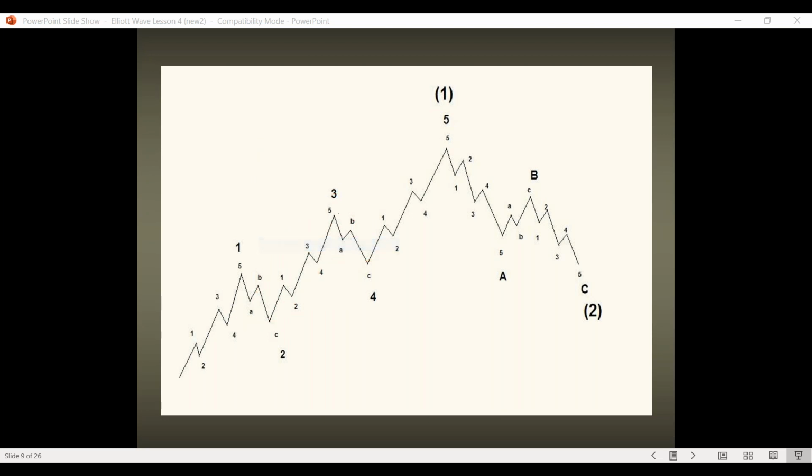Now, they also have to follow the wave rule. So if you're saying this is wave 2, this is wave 4, and wave 4 is trading in the territory of wave 1, then that can't be a wave 4. But what it could be is that this is still wave 1, wave 2, and maybe this is wave 1 of 3, and this is dipping down in the territory of wave 1, but this is just wave 2 of 3, and you've got this extended wave. There's a possibility you could have something like that taking place.